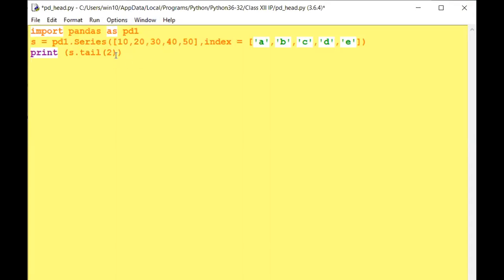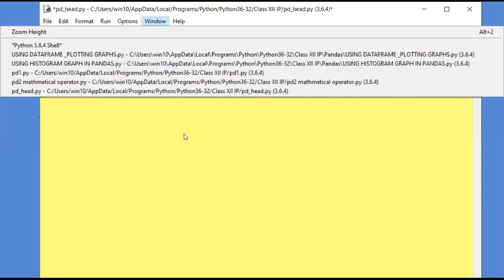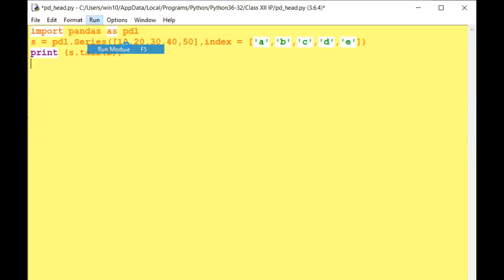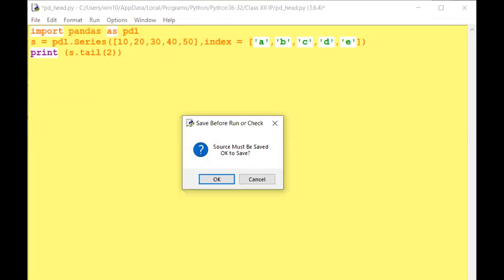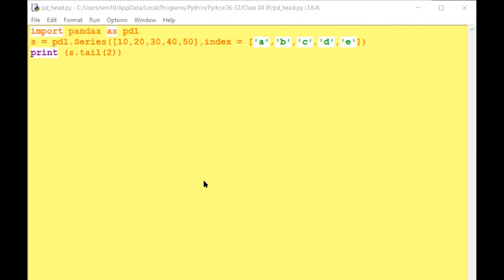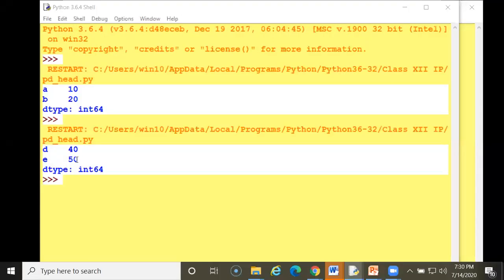When I run this program, only the ending values will be displayed. With the head, it will display the beginning values. With the tail, it will display the last values. So head and tail you can also use with Python pandas with the series.